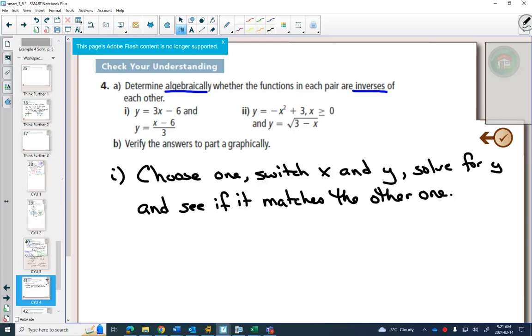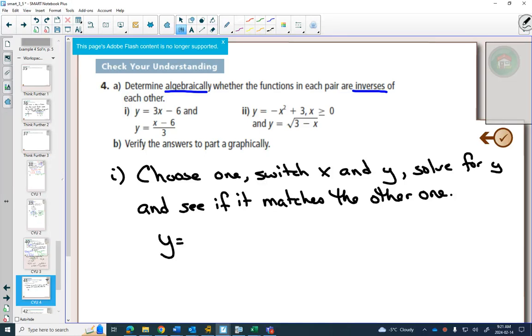So, we get to choose one of them. My bet is all of you would choose the first one. I actually think choosing the second one is easier for matching purposes. That's something you could do if you had a question like this. For me, I've got lots of algebra skills, so I consider both of them equally the same. I can make them equal and make them match. However, I think